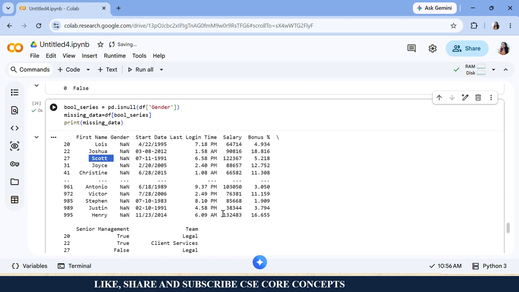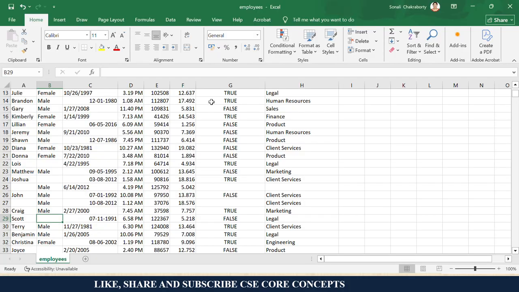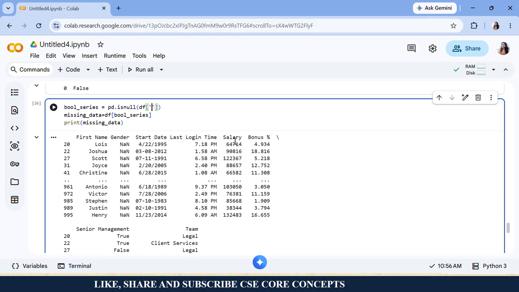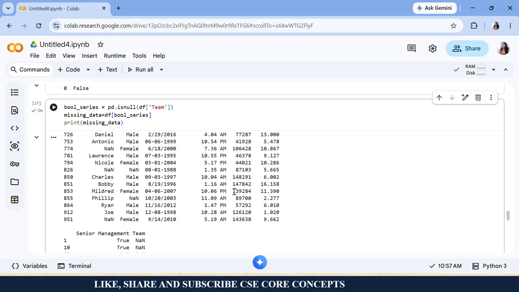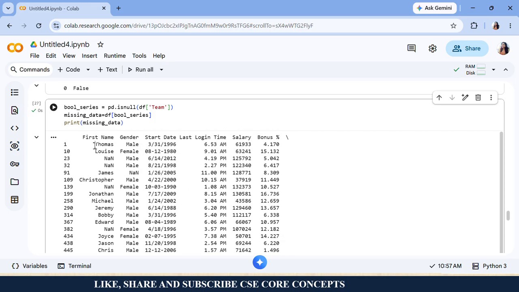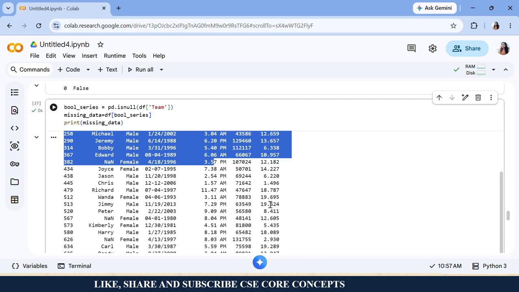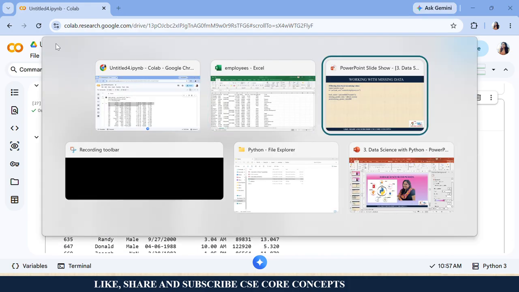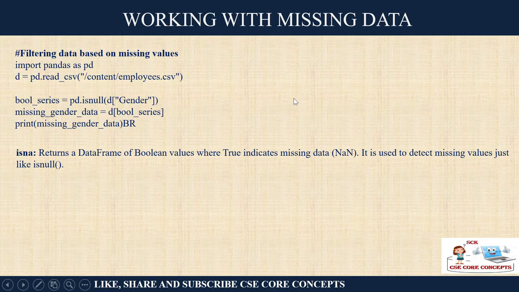So you can get a list of all the rows for which any value is missing. Let's say your query is who does not belong to any team. You want the list of employees who do not belong to any team. So these people do not belong to any team. Understood? So this is how you can see it.